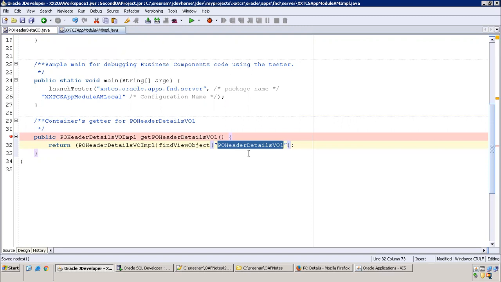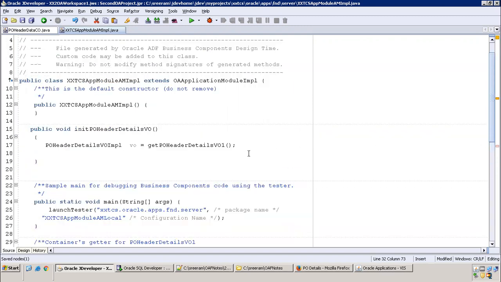It creates the object internally. We do not need to create anything. And now we are assigning the object. We are getting the object details and assigning it to our variable. It will create an object, we are getting the pointer of it, and we are assigning that to our variable called Vivo.